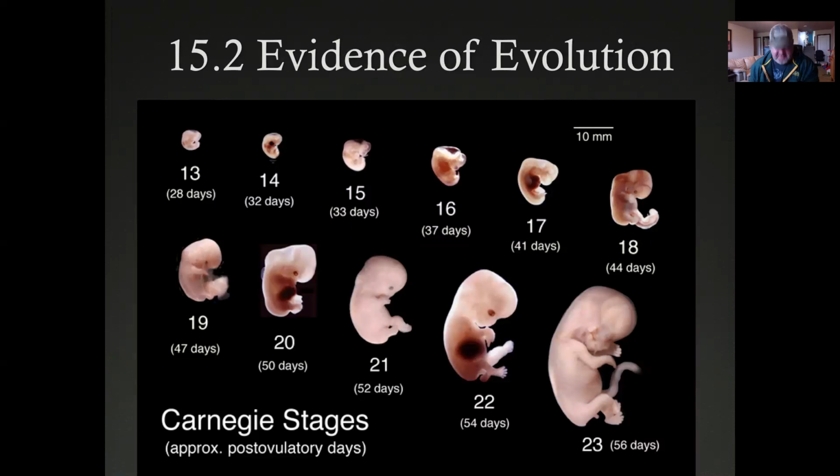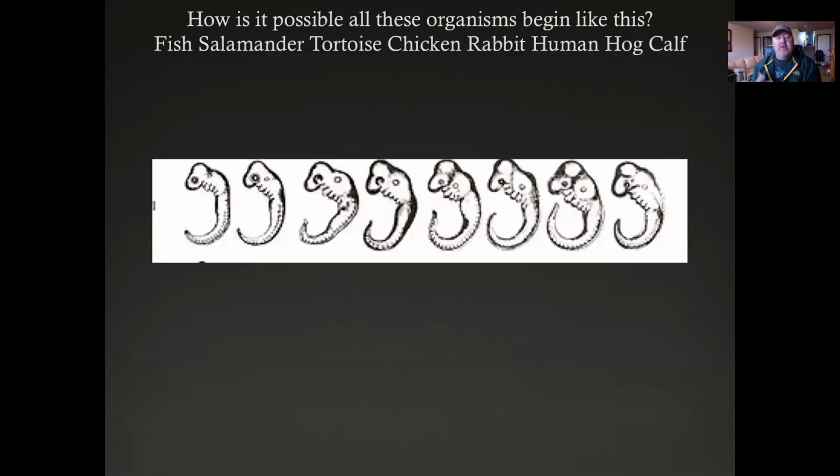That brings us on to 15.2, and I know I'm going kind of fast here, and I apologize. So Charles Darwin is doing all this research about evolution, and he came up with some key pieces, or he didn't, because a lot of this research came afterwards, but these are the different types of evidence that we have that support the theory of evolution.